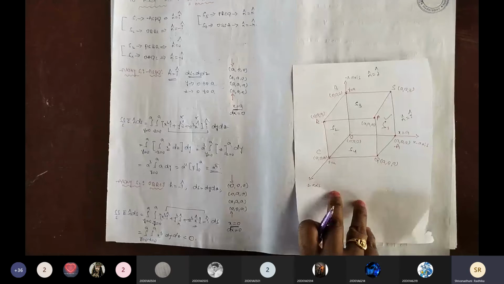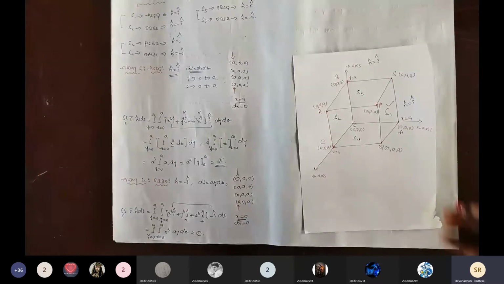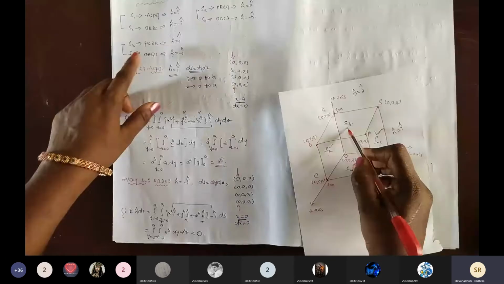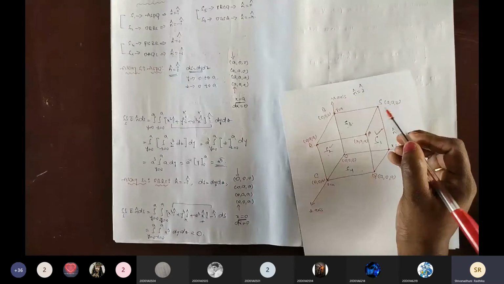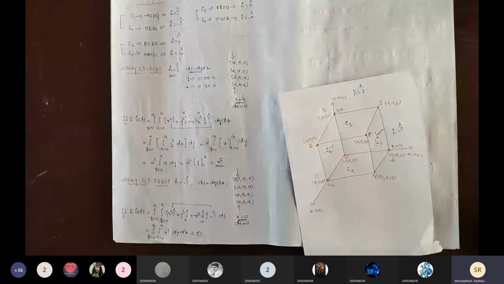See, in this diagram the two surfaces are completed. S1 is completed, and S2, which is the projection of S1, is also completed. Next, we go for S3 and S4. Is it right? Now, what is S3? See, this is S3, here PSBR. PSBR is the surface belonging to S3.